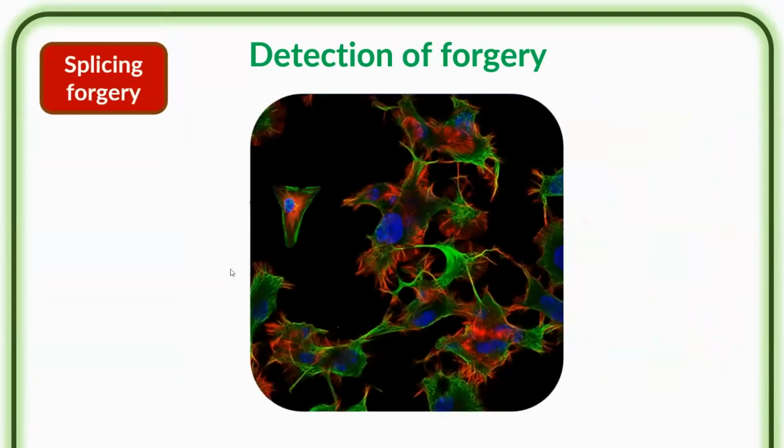Let's talk about splicing forgery real quick. This was an image that did not belong to the original image. It was copied and pasted from somewhere else. What we can do to identify that is, we can't use copy-move because it's not a part of this image either way. Because both these images were taken from different photographs, different photographs can also have different noise patterns.